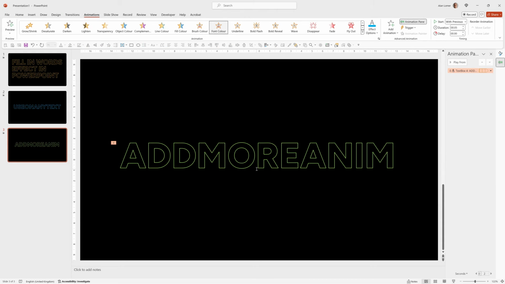So we're now going to add another animation and stack it over the top of the other one for a great effect. And it's important that we do a few things in the right order to allow us to do this in